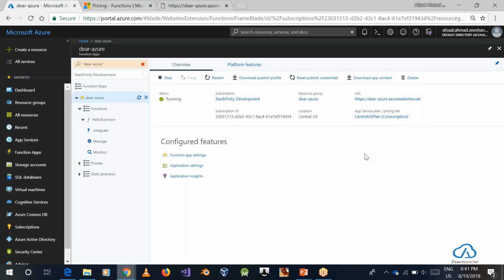So that is basically how you write the function app, and you consider elements like the costing, how to write the function, how to remove the dependencies, and how to log them. These are a few of the things you should consider while writing Azure functions. So I believe that's pretty much a wrap from my side.